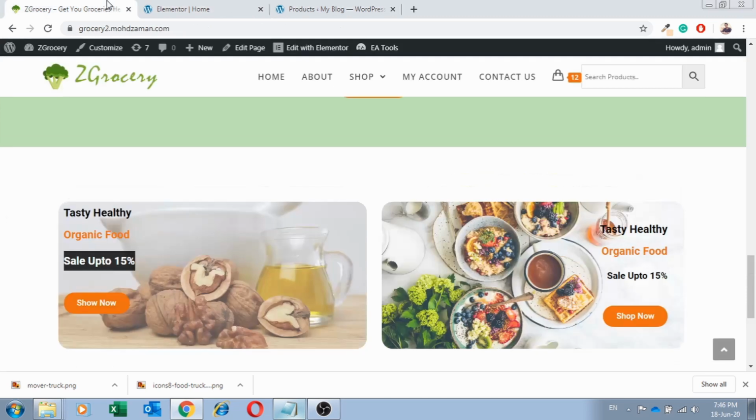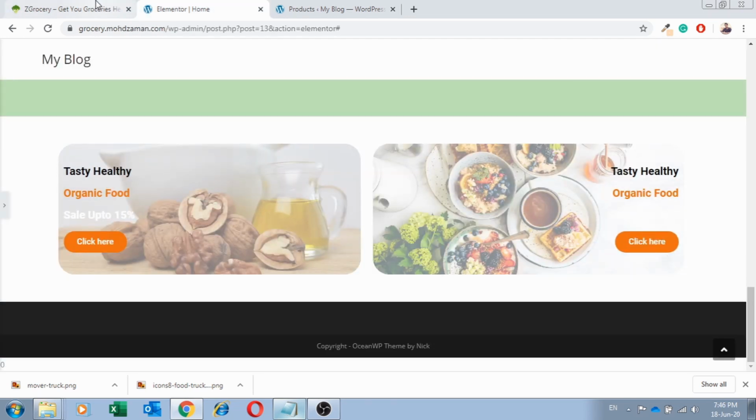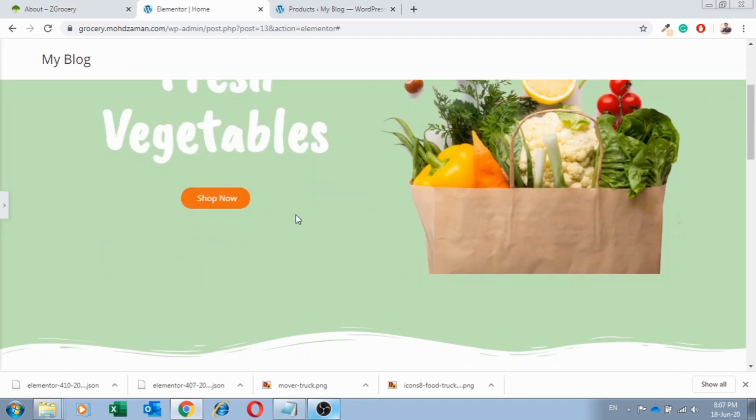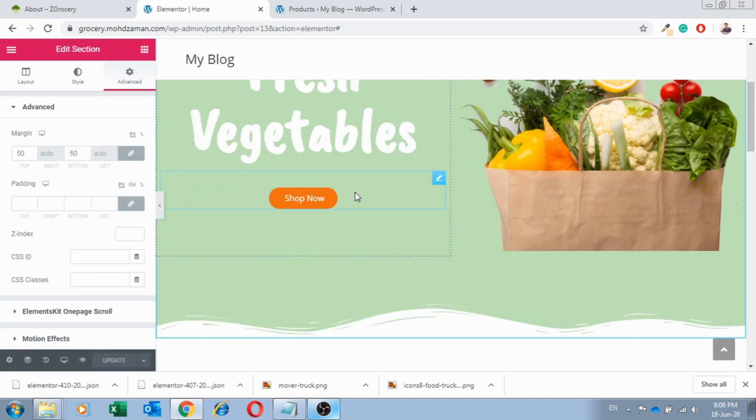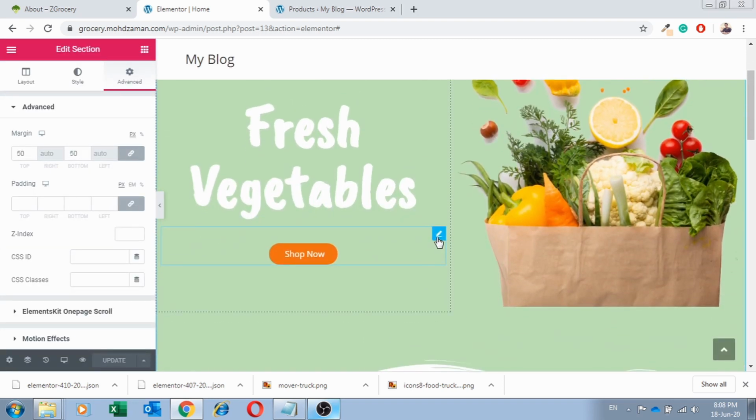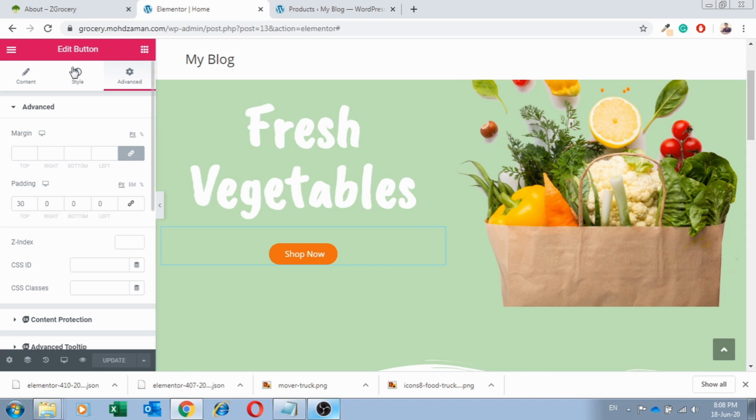It looks fine now, just like our demo page. Perfect. Now let us connect our buttons to the shop page, like this one. These buttons should be made such that whenever someone clicks on them, they are directed to the shop page. To do that, we are going to select this element and go to content,